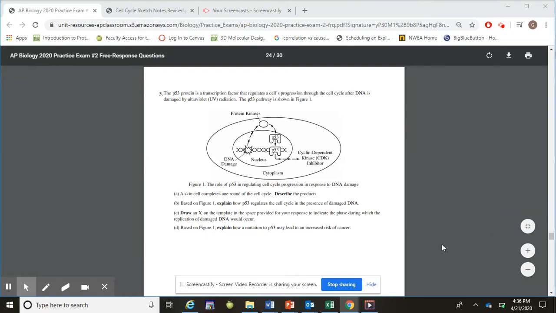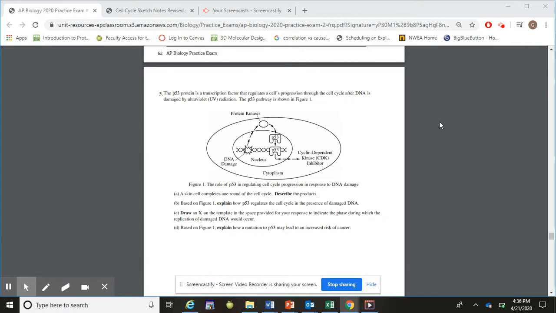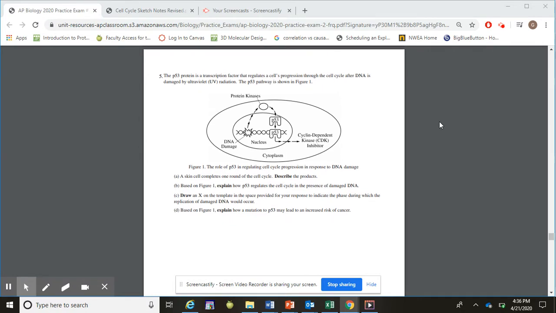Hey guys, so I wanted to go over this Unit 4 FRQ. Unit 4 was on the cell cycle and looking at how cells communicate with each other. And so we talked a lot about how the regulation of the cell cycle is monitored at different checkpoints, that